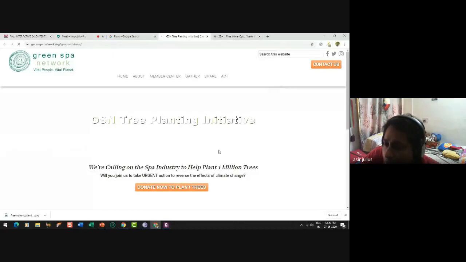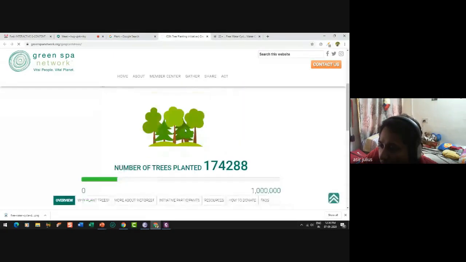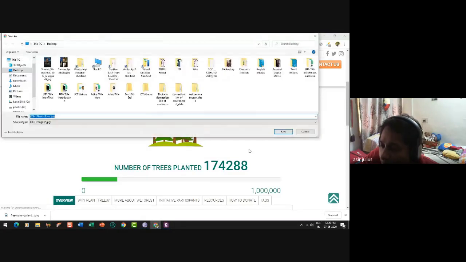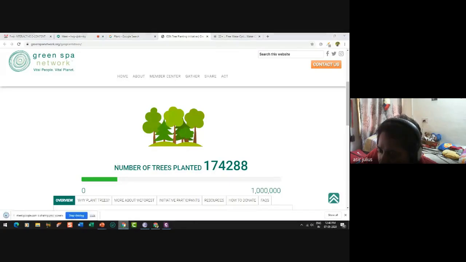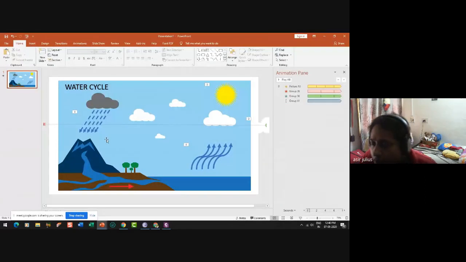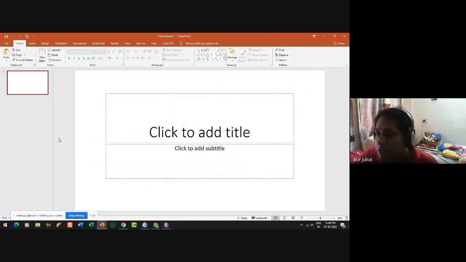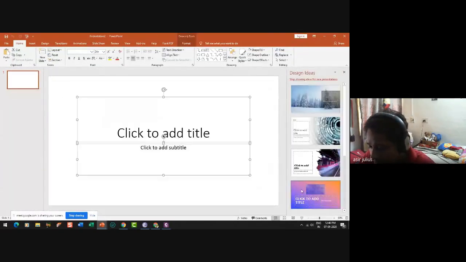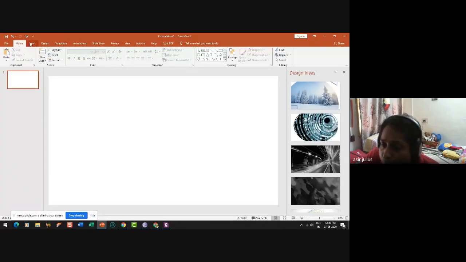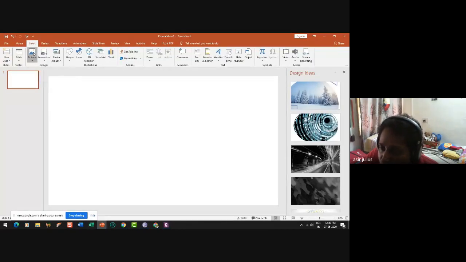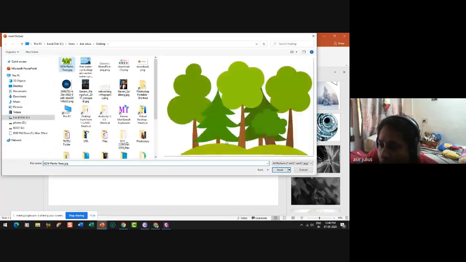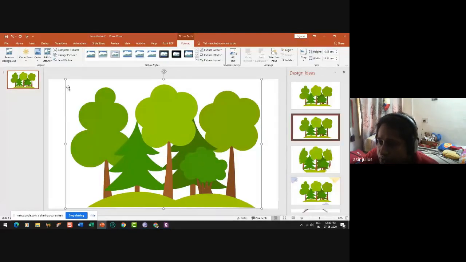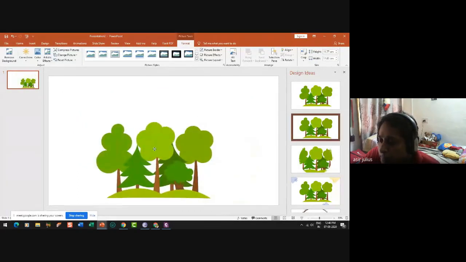Okay. Tree planting, I don't know. Yes. Right click it, save. This image is somewhat very small. Let me see how it is going to come. Now I have selected one, and let me take a new slide, and I'm going to delete this, and I'm going to bring in that particular picture. I'm going to the picture from this device, plants. Yes. So I have just reduced it.